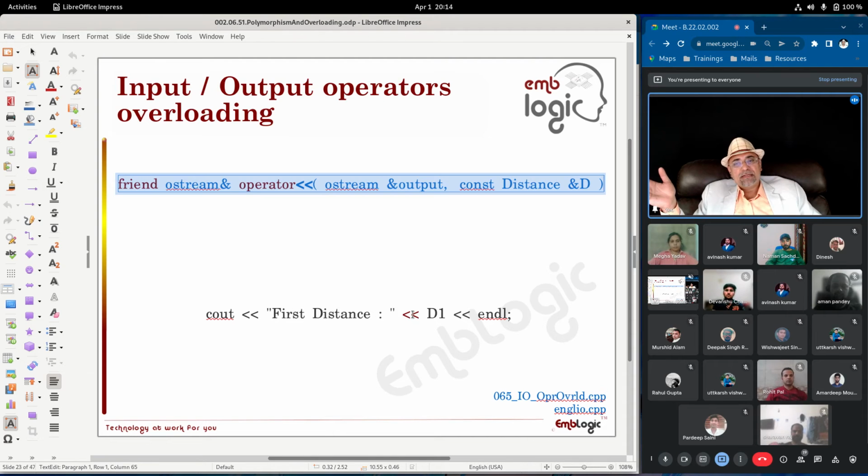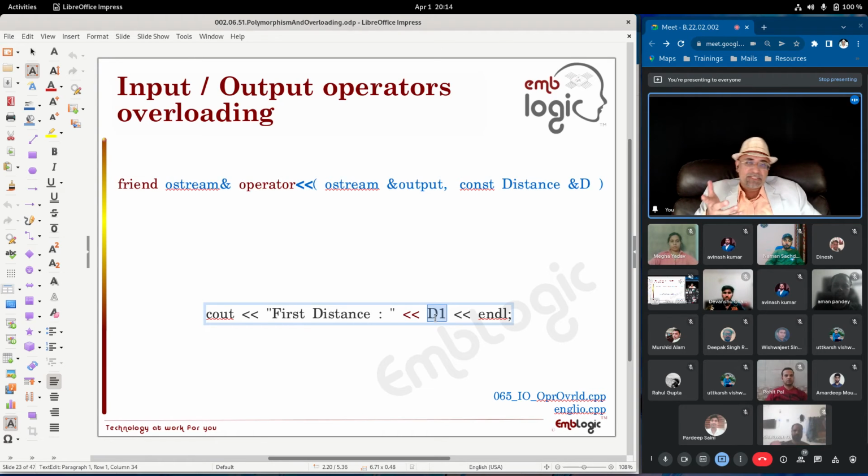But then there is an object. Inside this object there are a few private members, maybe some public members also. How will cout and the insertion operator understand which elements of D1's private section or public section have to be picked up and displayed? It does not know. So we have to overload the operator, and put the logic in the operator overloading function as to which data from the private or public section of this object will be picked up and displayed along with the first "Distance".